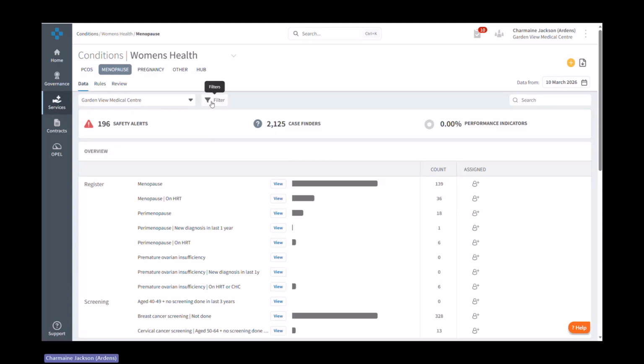So if you do want to have a look at that information and you've got the access to it, you will be able to see that information. Now, before I begin showing you how it all works, just to let you know that information is uploaded to Ardens Manager on a daily basis. So every single day, you're going to have fresh data to be understanding who your population is. So these numbers will reflect real time each day,